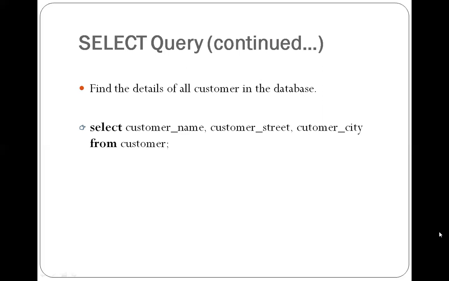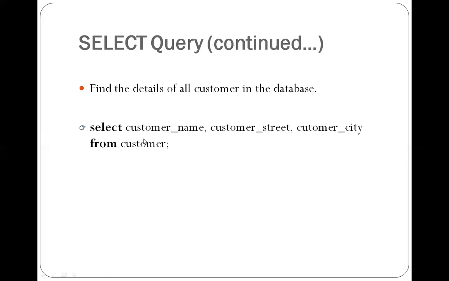In the customer table, there are three attributes: customer name, customer street, customer city. Then I have to specify all those. That is, select customer name, comma, customer street, comma, customer city, from table name,